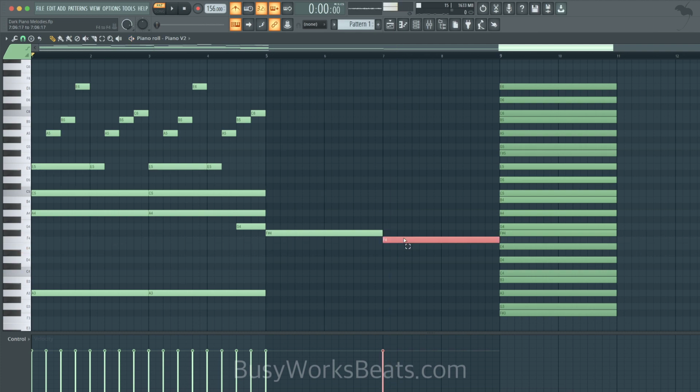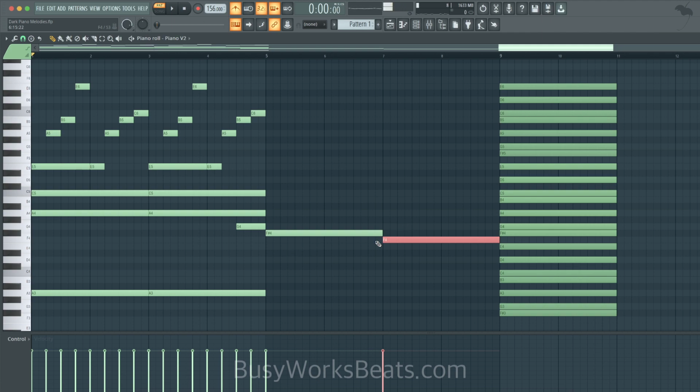Now my ear wants to hear a half step here. So my ear is telling me F needs to be in here somewhere. Now this is the tricky part with music theory. Most people think that if they pick a key, they have to stay in that key, and that's not always the truth. So here's where it gets a little tricky.